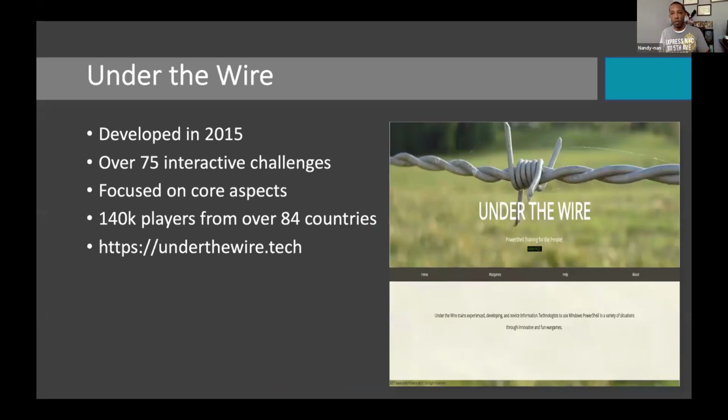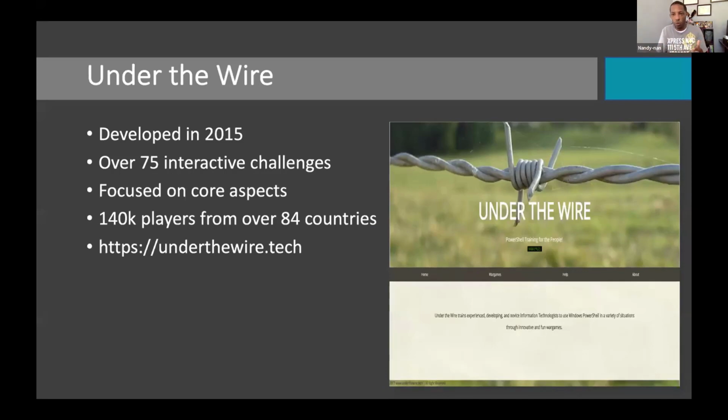Me and two other people ended up coming up with Under the Wire. If you've heard of Over the Wire, Under the Wire is a play on those words, but specific to Windows, specifically to PowerShell. So what we do is allow you to SSH into our game servers. We provide you with a subset of objectives. And from an interactive perspective, you will learn the language because we're giving you challenges.